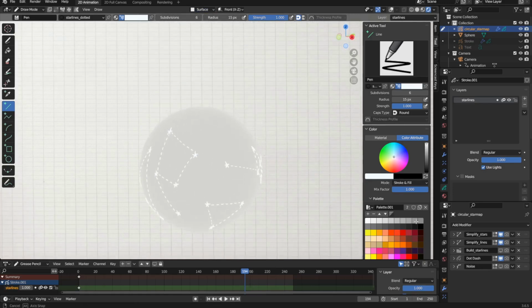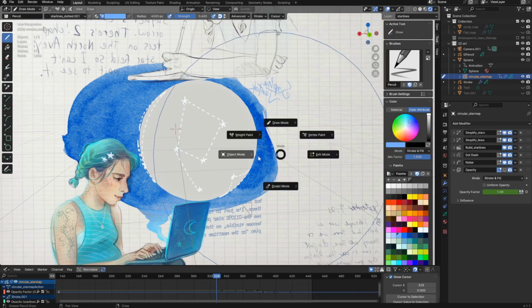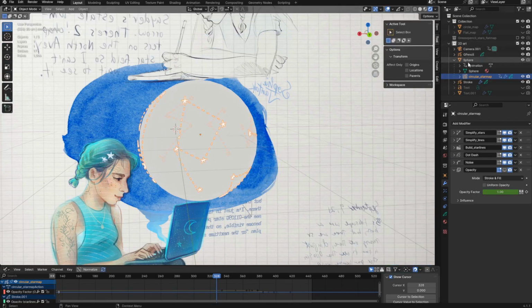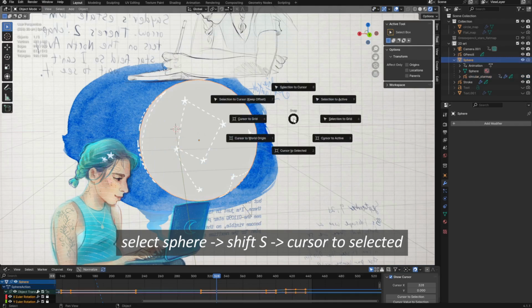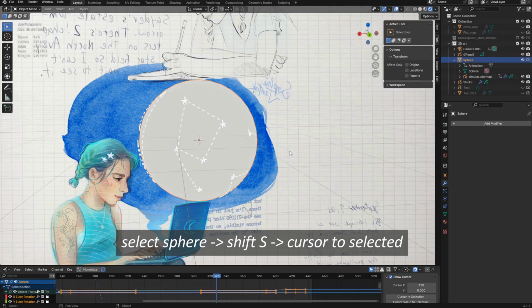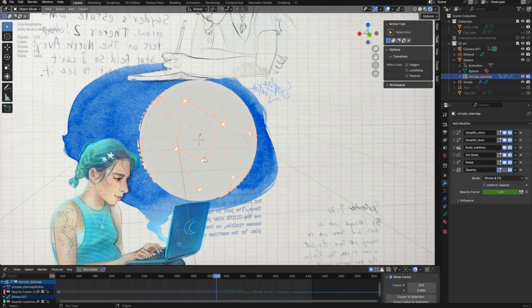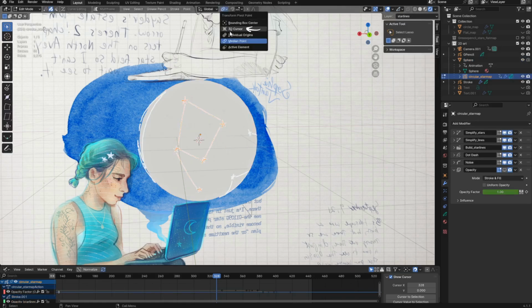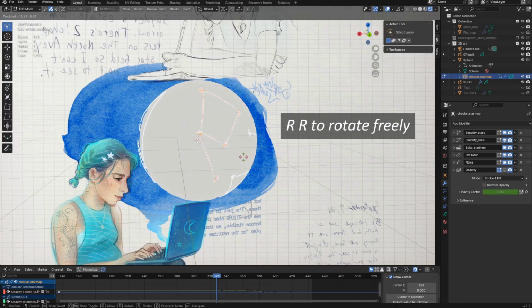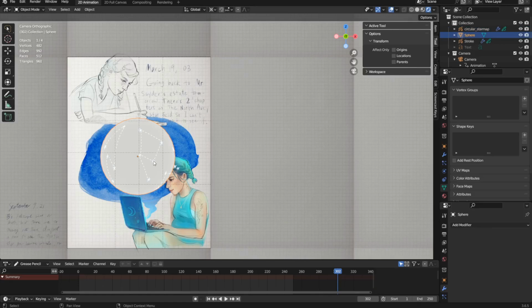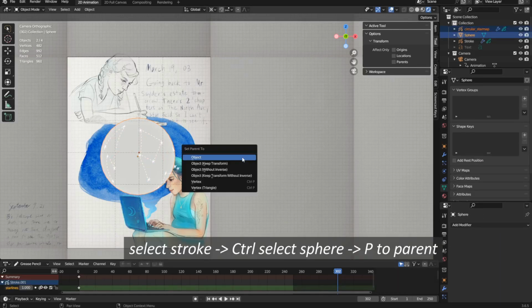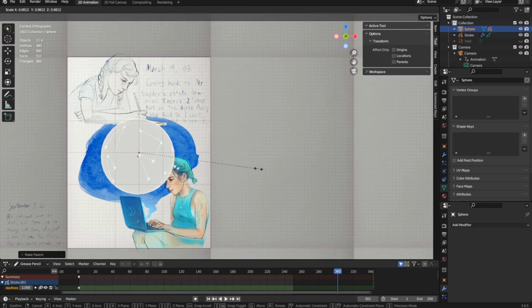I didn't have to move these elements much, but to do so, I could place the 3D cursor at the center of my sphere object. And then back in edit mode of my grease pencil object, I could use the 3D cursor as a pivot point to rotate around that, which allowed me to move my constellations. So it was my sphere object that I used as a surface on which to draw, and I also parented the grease pencil object to the sphere so that it would rotate along with the sphere and the flickering stars.